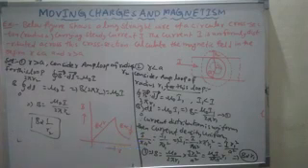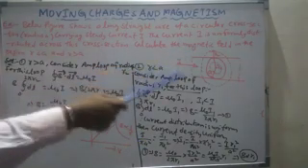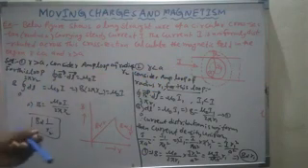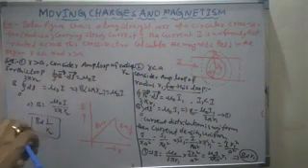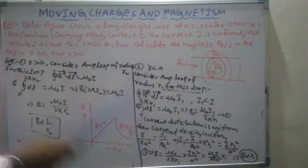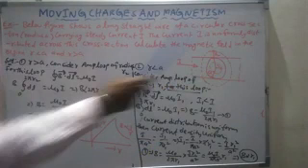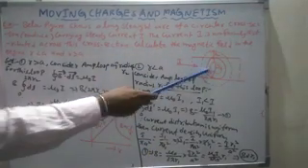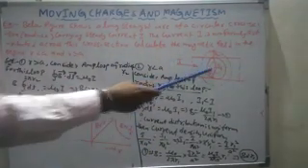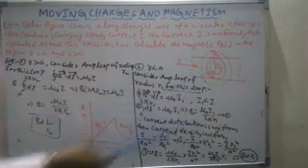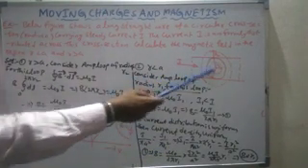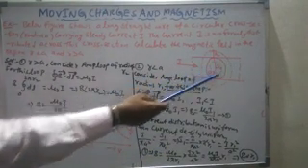Pi a square. Area of cross section of the wire is pi a square. If you cut perpendicular to the wire, the area looks like a circular cross section. What is the area of a circular cross section? Pi a square. Then that is equal to the current density of the small ampere loop. How much current is flowing? I1 current is flowing. I consider I1 current in this, and that we are finding. I1 by what is the area of cross section of this ampere loop?